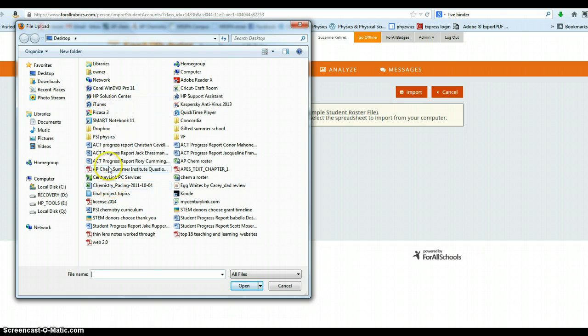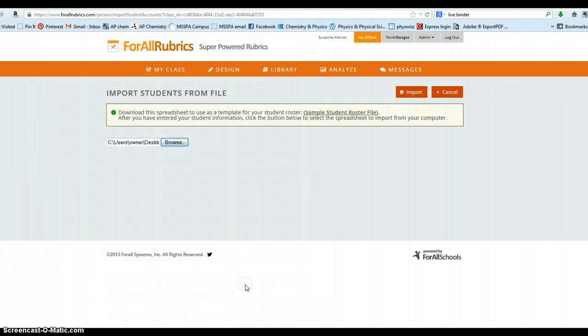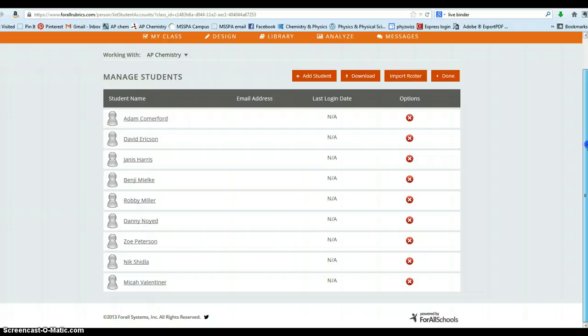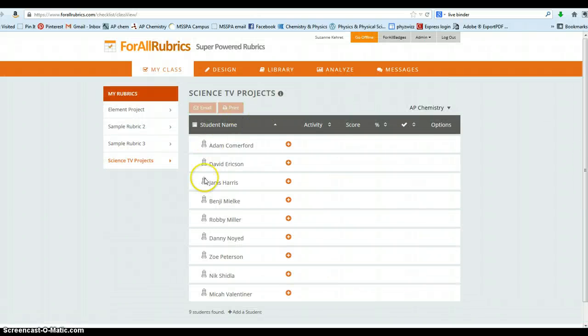Then all you have to do is upload that Excel spreadsheet and import. And then it'll pull in a list of your students already. Once you have a list of students, and I can toggle between my classes up here at the top,